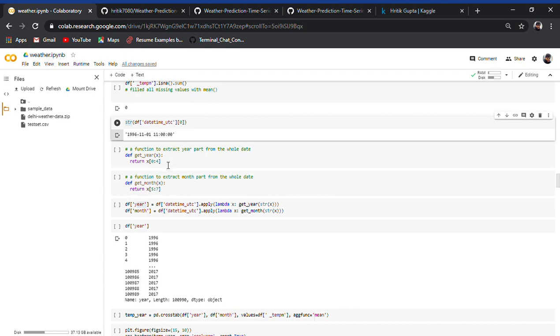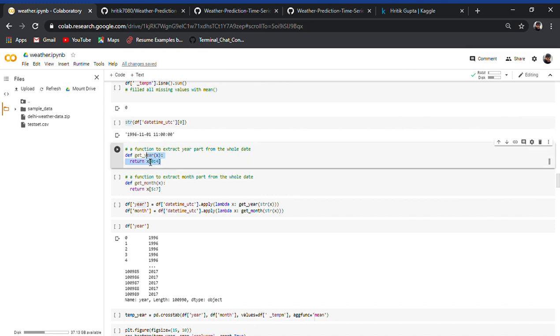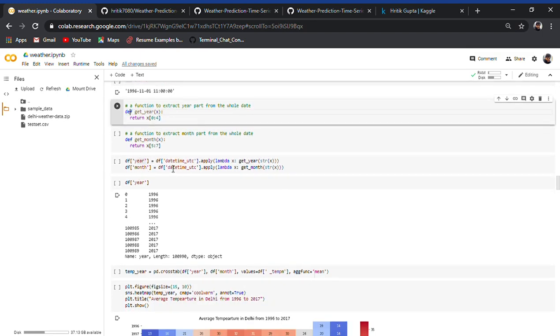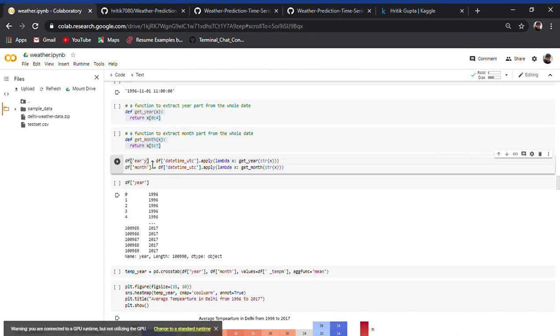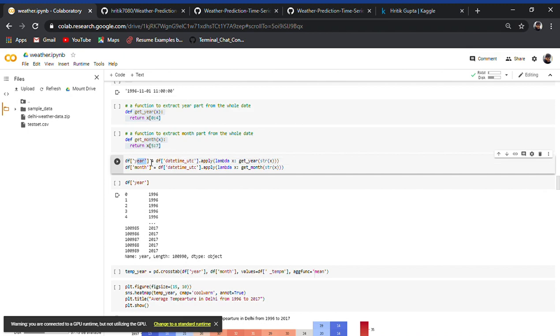Now we are going to make two different features: one is year and another is month. So we make two functions and make the columns. First is year. We are using the pandas apply function, which is better than a for loop because its processing is fast.